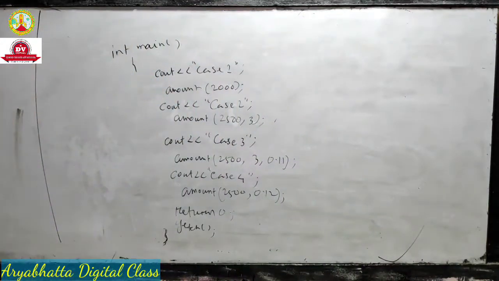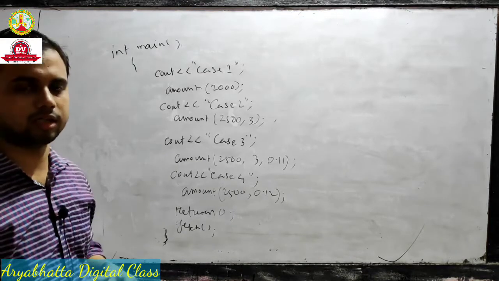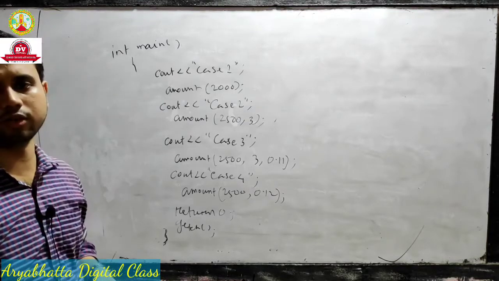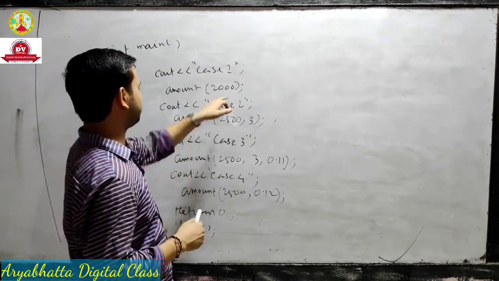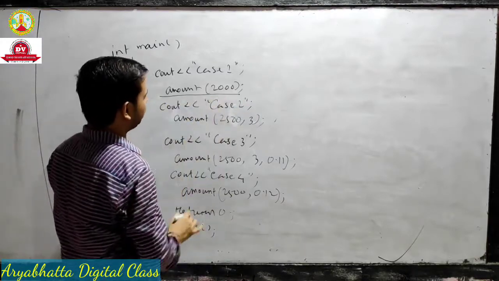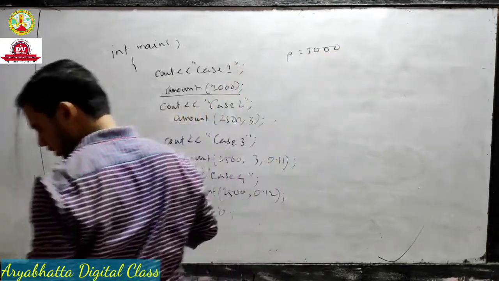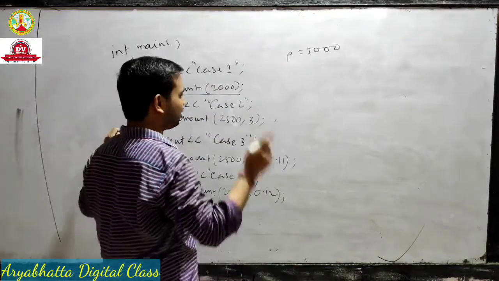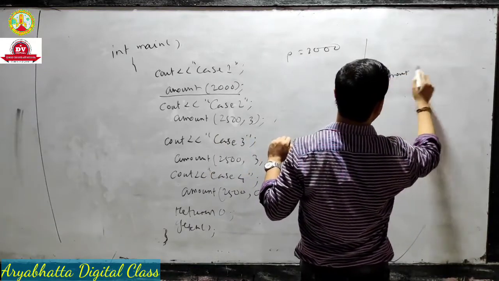You see, the earlier portion I already erased, where we define the function void amount. Under void amount, what default arguments do we use? Principal, rate and interest. And interest we take as 0.08, meaning 8%. And this is the main function. In case 1, amount 2000 means, what is the meaning of this line? The meaning is we take principal equal to 2000. And in default argument, you just note down what we take.